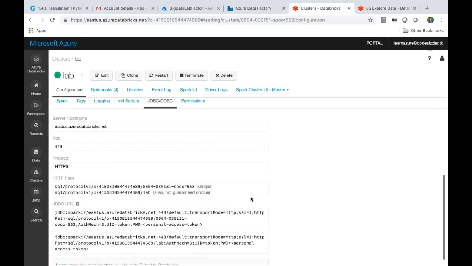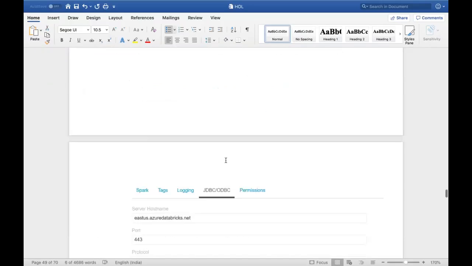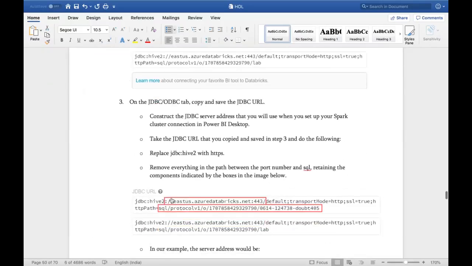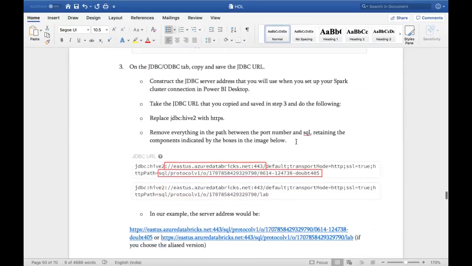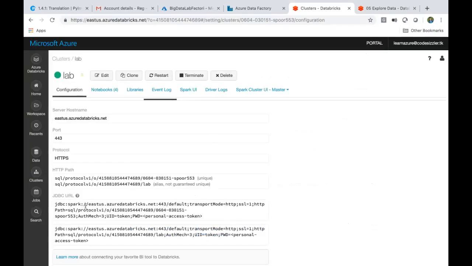Just go down. This is the connection path. You find this one like this and copy this URL here. You have to construct the URL now. So for that you have to copy this and this. Let's copy this out.